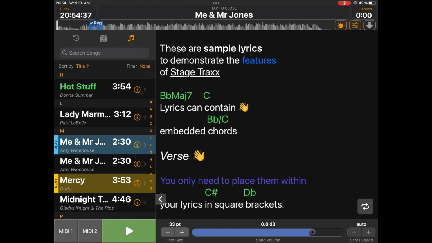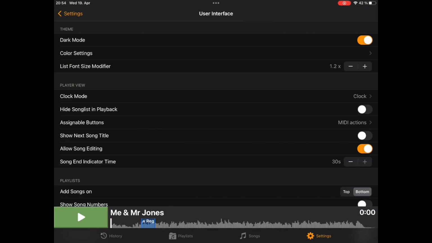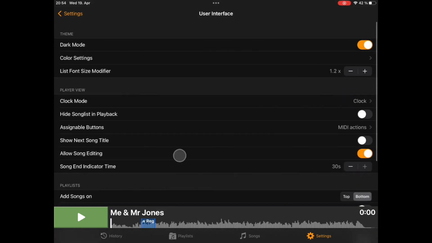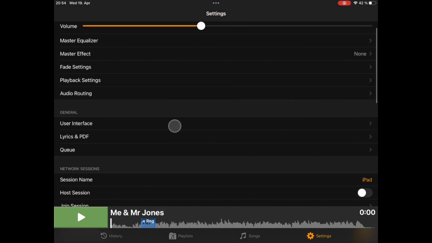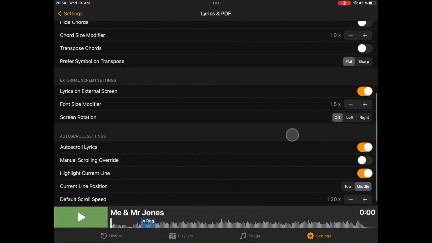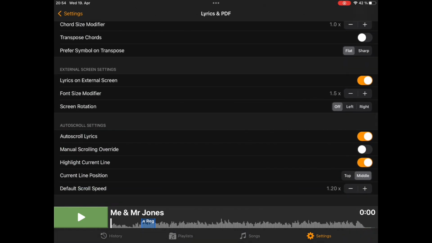The last feature I would like to present right now is that it is now possible to pause auto-scrolling. So whether you use time-coded scrolling or the speed-based scrolling approach, if you enable this option that you can find here in lyrics and PDF, it's here, manual scrolling override. If this is enabled,